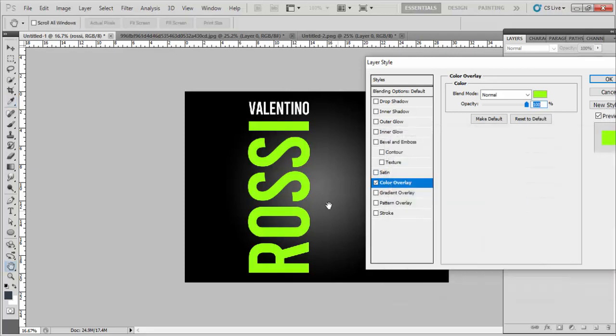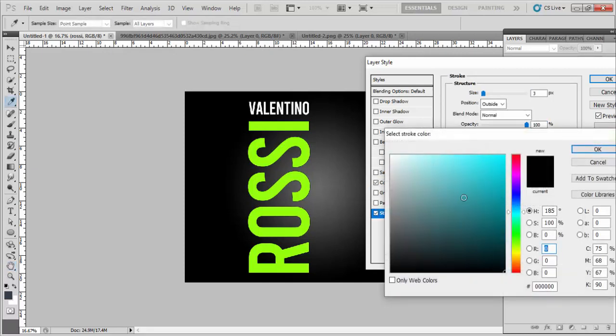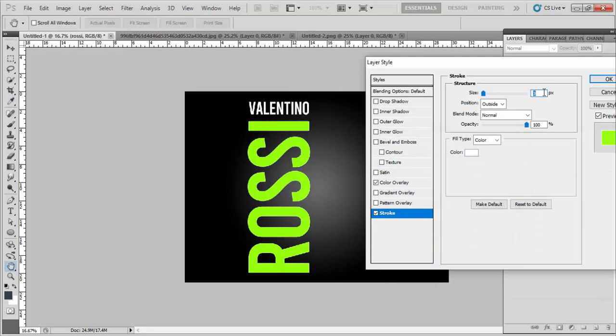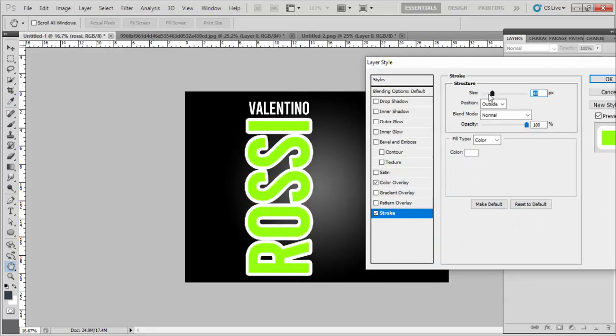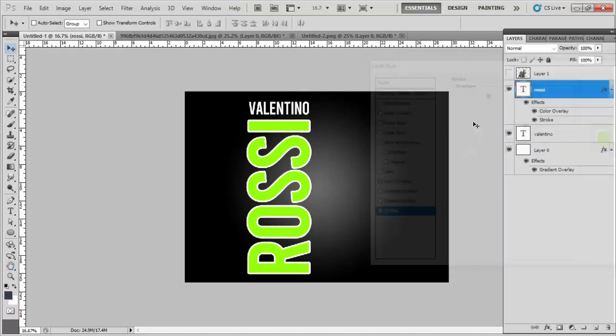Okay, and I will also put some stroke in this. So I'll choose the stroke color as white. The stroke size will be, I think this will look fine. No, this is too much. Okay, now this is fine.